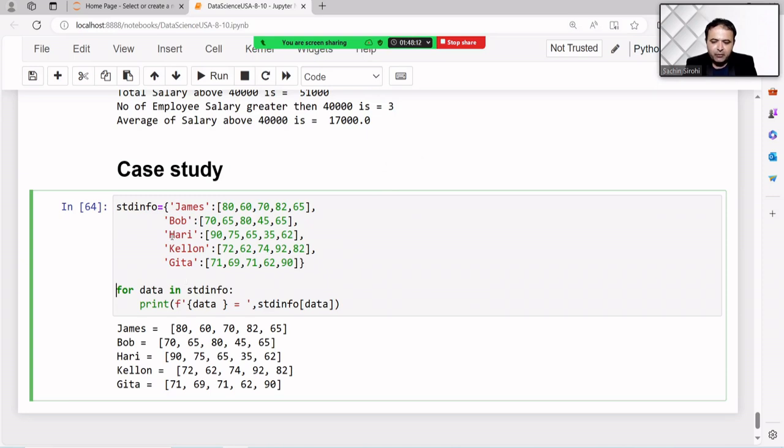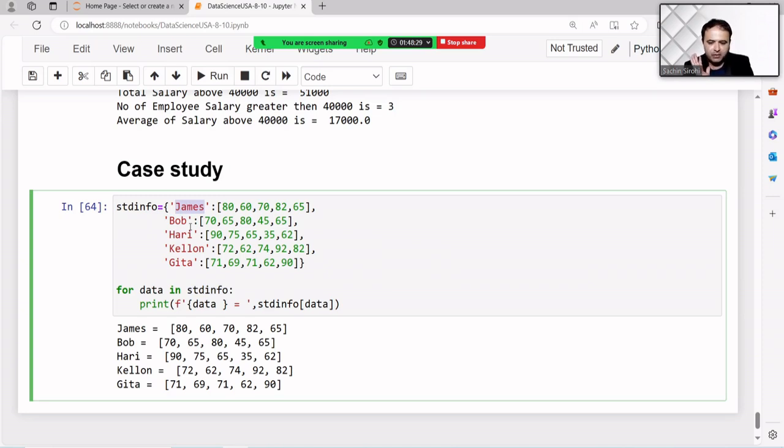Whenever we load the dictionary, there is no need to specify the range again, it will automatically fetch the data. By default, it will fetch the key only, not the value.